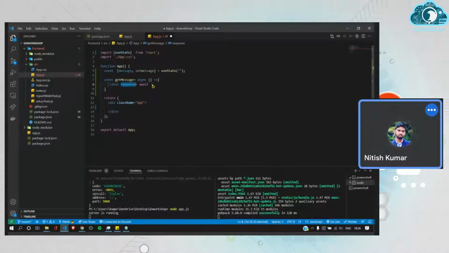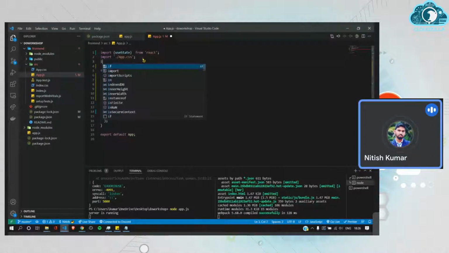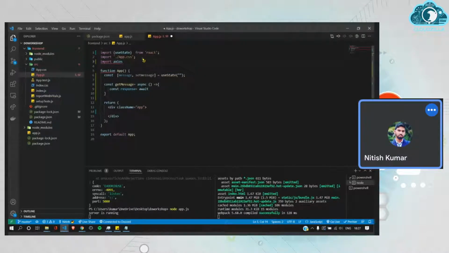So we are awaiting that response and we are using Axios. Before that, first import it. Import Axios from Axios. Okay, we have imported it. Now we are using